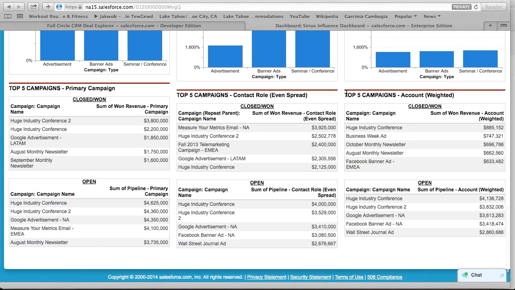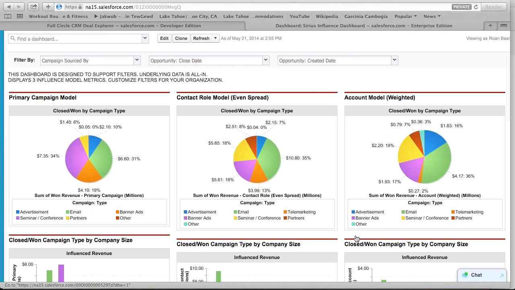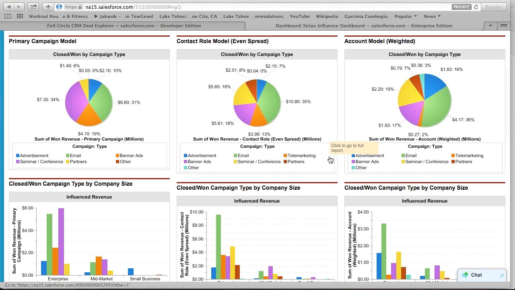And you'll notice relative to the three different models that we're running, we can understand which campaigns are most influential on our closed revenue at the top here. But then below that, we can also look at which campaigns are most influential on our open pipeline. So right off the bat, we're able to begin to break apart which campaigns are more influential on closed revenue versus our open pipeline. Now, as we scroll back to the top, I want to focus on the top right-hand